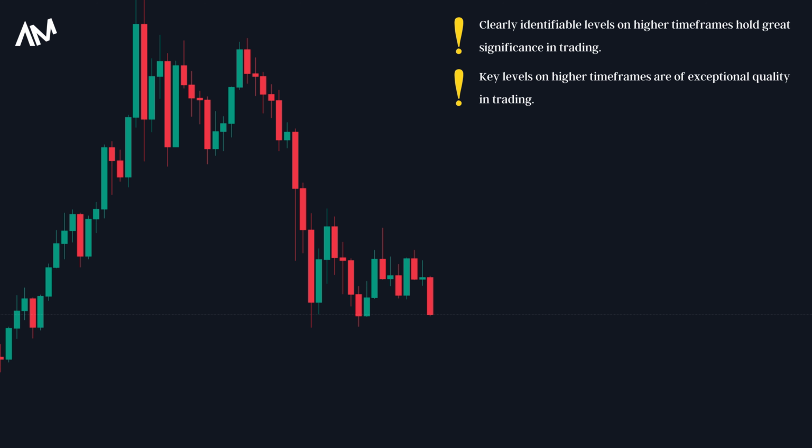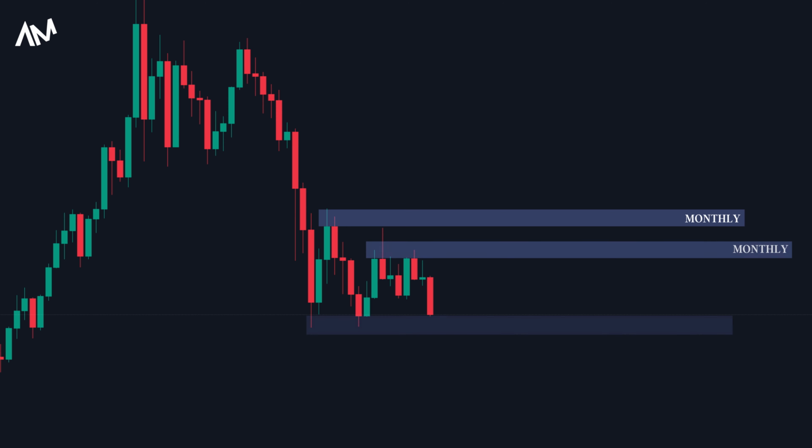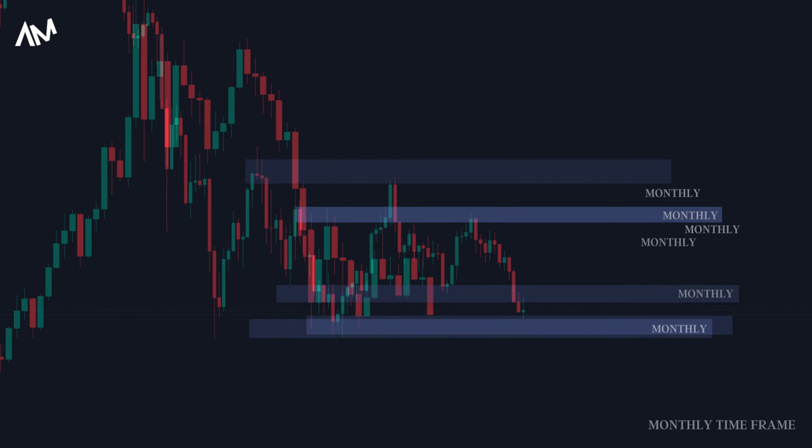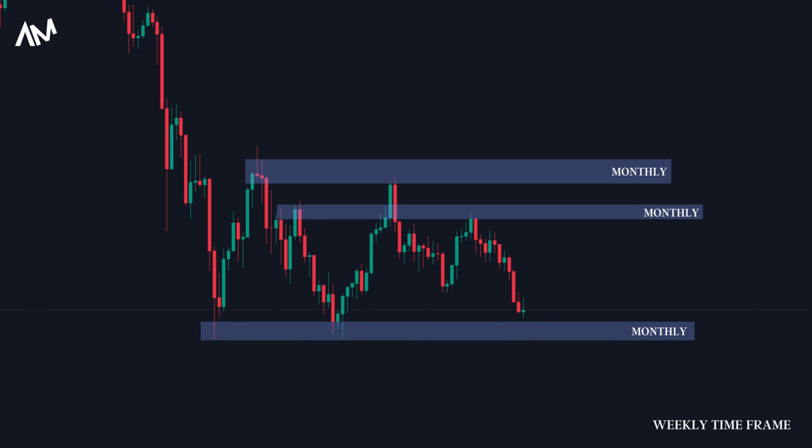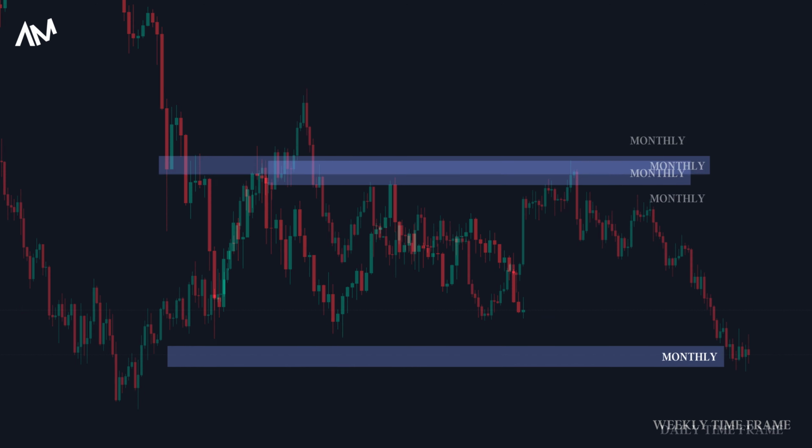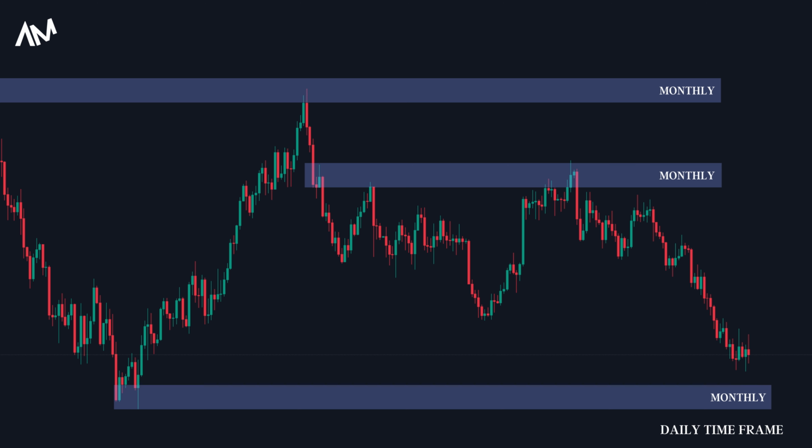To incorporate these levels into your analysis, you can label the closest levels in front of the price as monthly levels on the monthly time frame. Then, adjust these levels based on the weekly levels on the weekly time frame, and adjust them again based on the daily candles on the daily time frame. This technique allows you to see the bigger picture and identify major levels of structure that can impact price movement